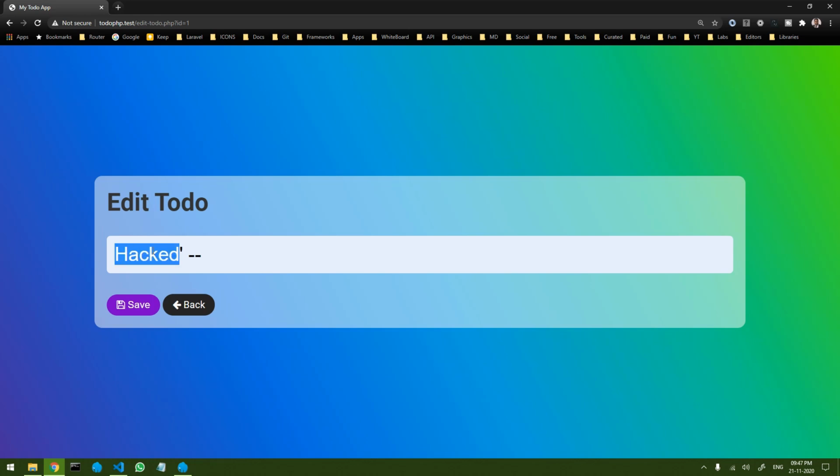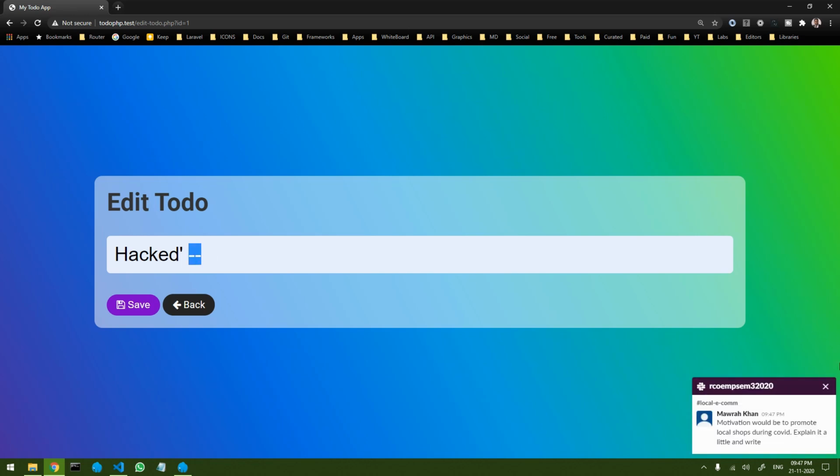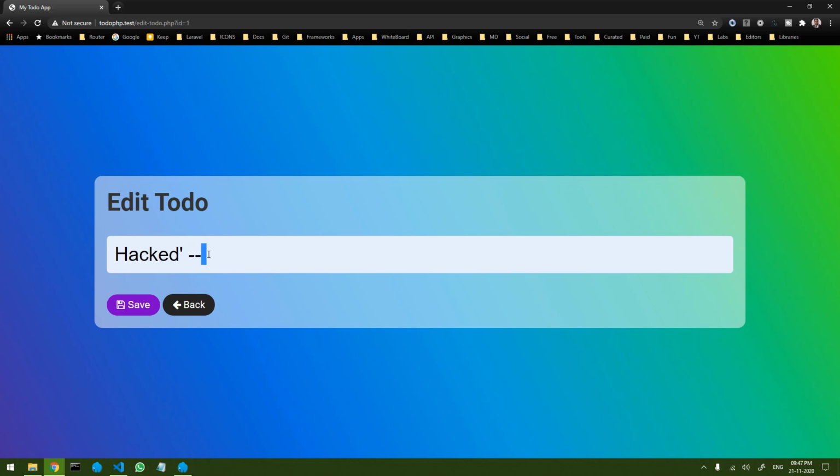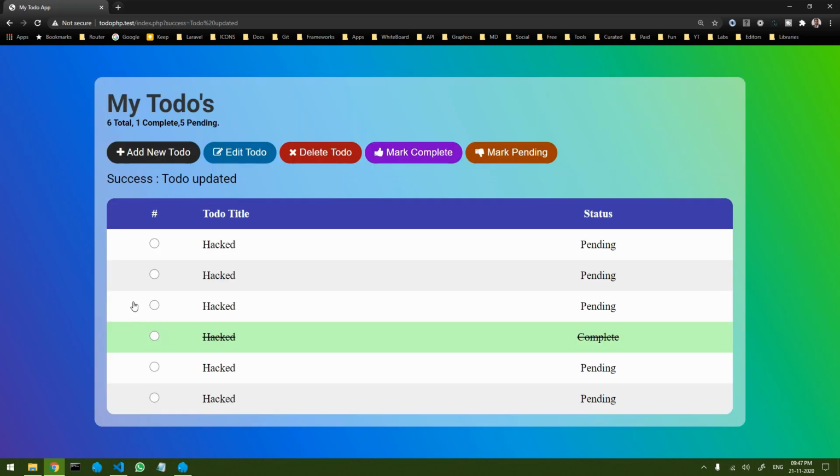He can put anything over here and then he will terminate it with a single quote. After that he will put double dashes. This is for commenting out anything that is going to come after this particular statement. One thing to note is there has to be a space after this. Once you do this, if I press save, just look at what has happened.